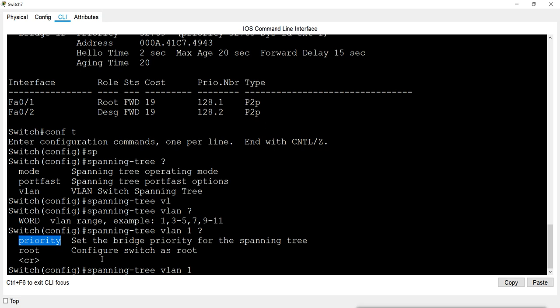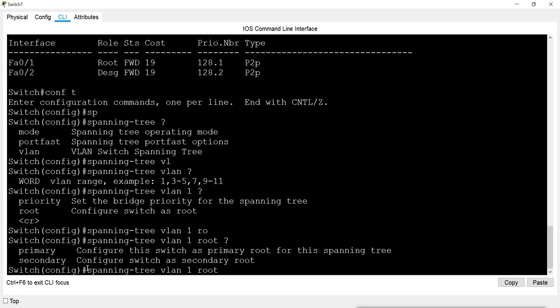And if I feel some other switch should become the root bridge next, I will manually change the number of that bridge also, so that it can become second in place. So we can use the priority command, or we can directly configure this as a root bridge. If you configure directly as root, you can choose primary or secondary.